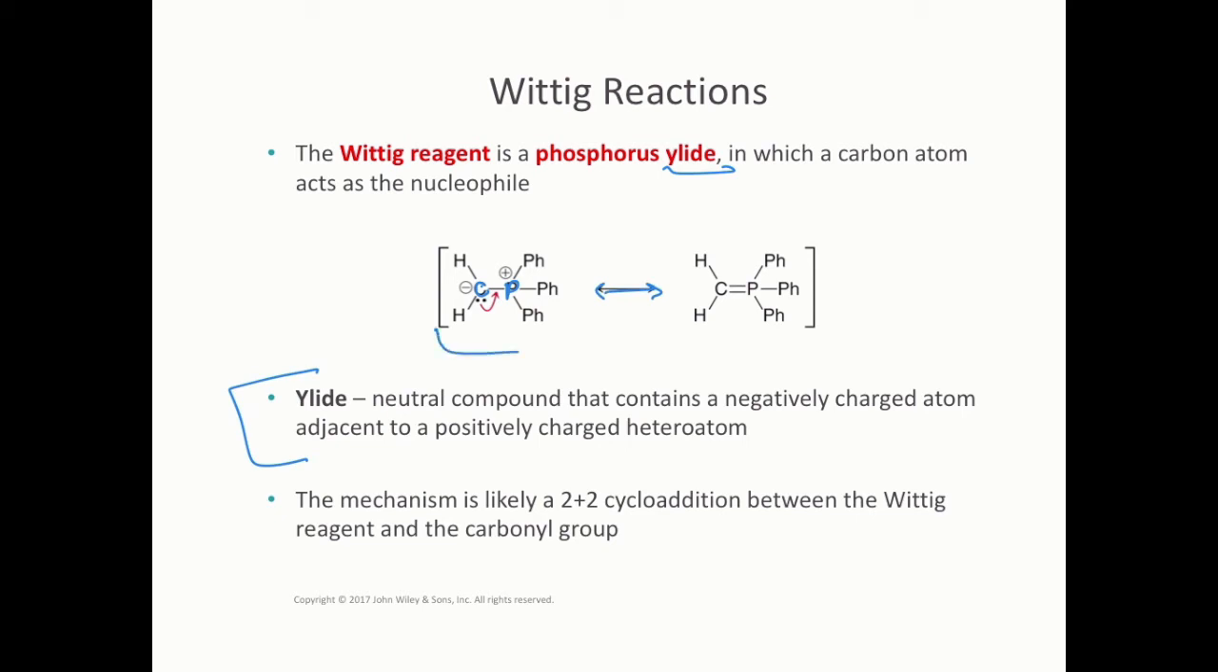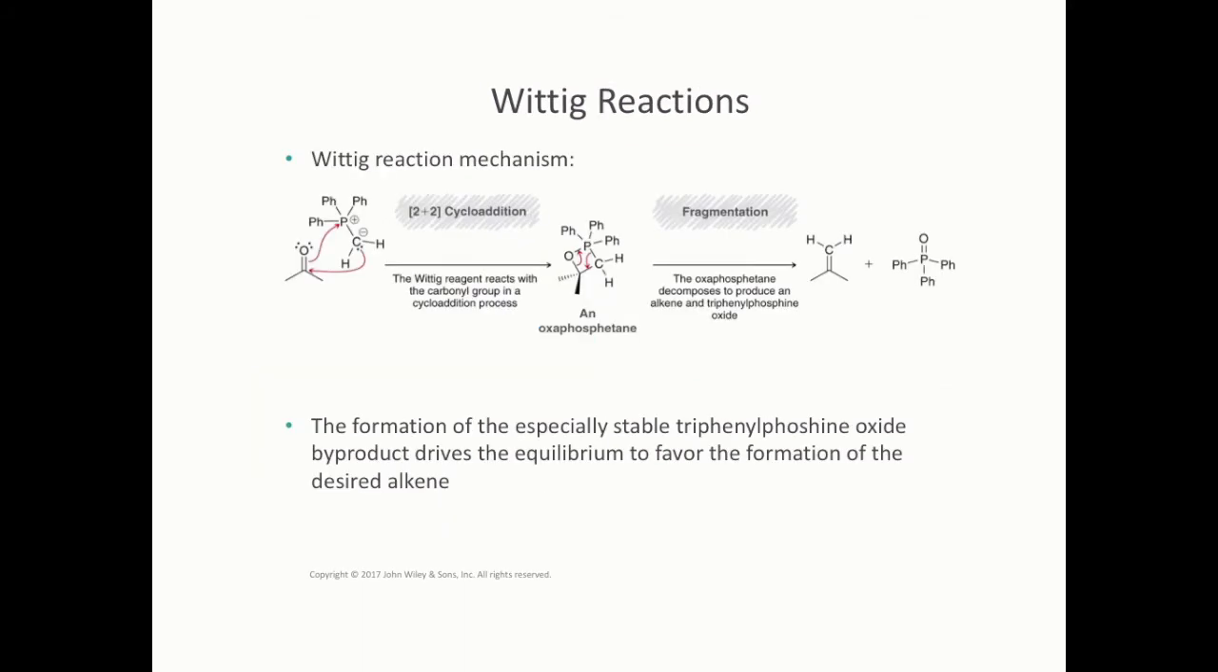So sometimes you'll see the Wittig reagent drawn like this. Sometimes you'll see it drawn like this. Both are fine. And then the mechanism is like a 2+2 cycloaddition between the Wittig and the carbonyl group. So here's the mechanism. It's simply a two-step mechanism, but the charge-separated resonance form is what's most useful in drawing the mechanism. So draw an arrow from the lone pair on the negatively charged carbon to the carbonyl carbon, and then the pi bond will break and form a new bond with the positively charged phosphorus,